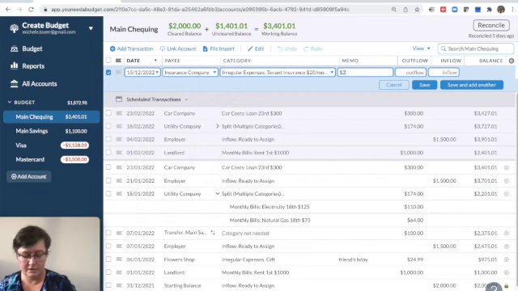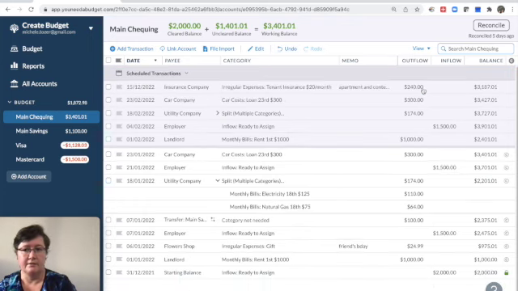We could put a note here. We could also say it's the $240 and it's going to be $240. We could say anything in here that we want because we'll have that money. We could change it to apartment and contents and click save. And you'll notice what it does is it tells us that this transaction is going to come up in December. It's sitting there waiting as another reminder of something.